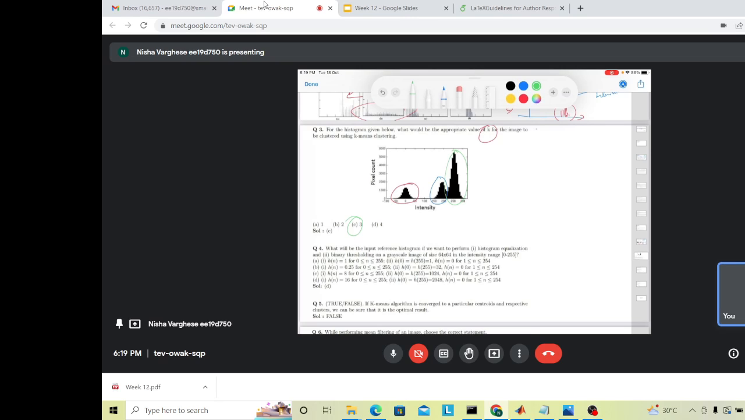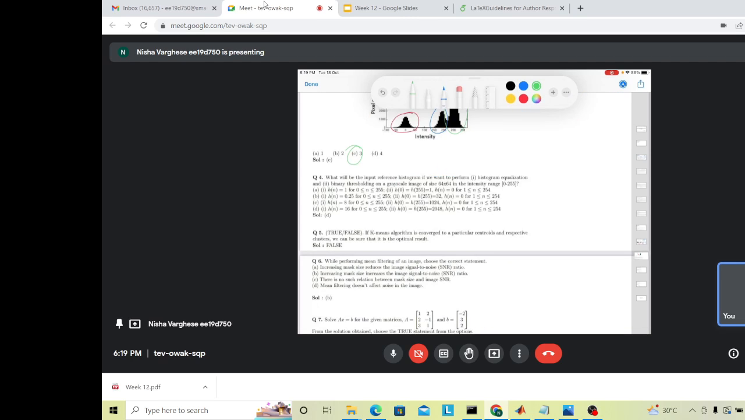Next question is, what will be the input reference histogram if you want to perform histogram equalization first, then binary thresholding on a grayscale? Okay. So first, image size is 64 by 64. So what is the value of 64 by 64? I'll find out. So it is 4096. Okay. So these many pixels are there. Then the intensity range is